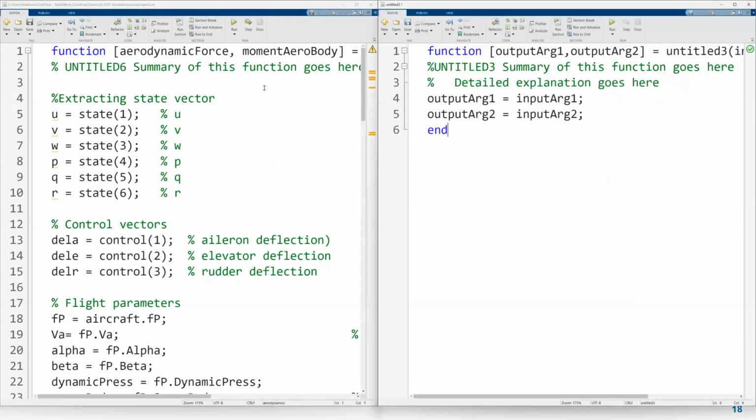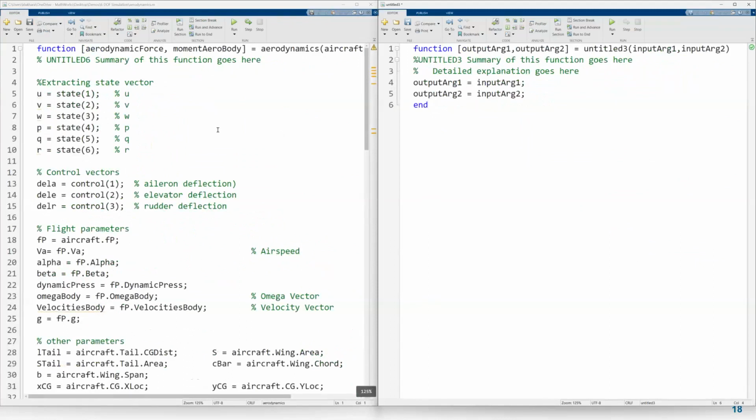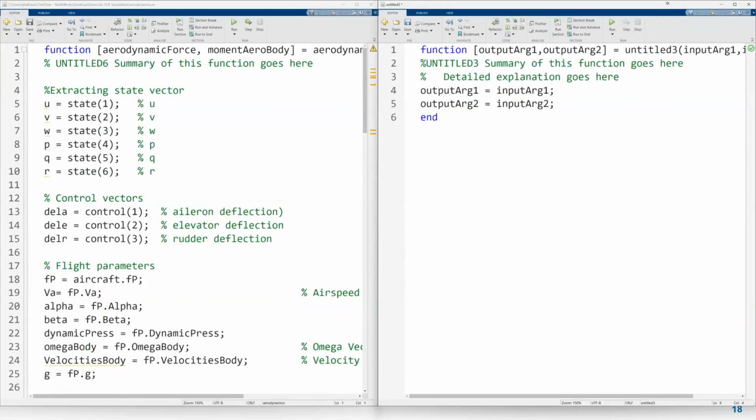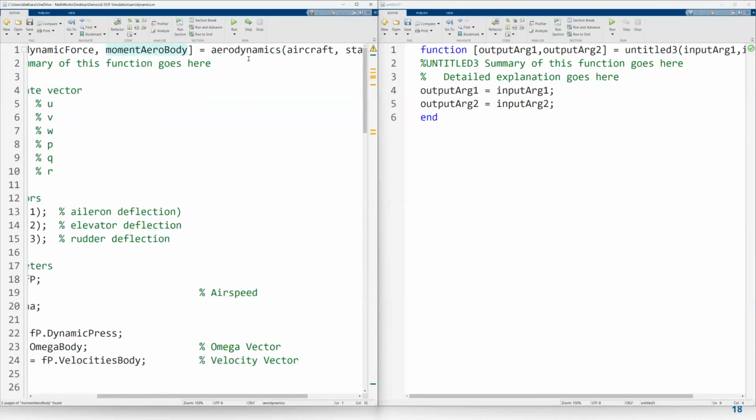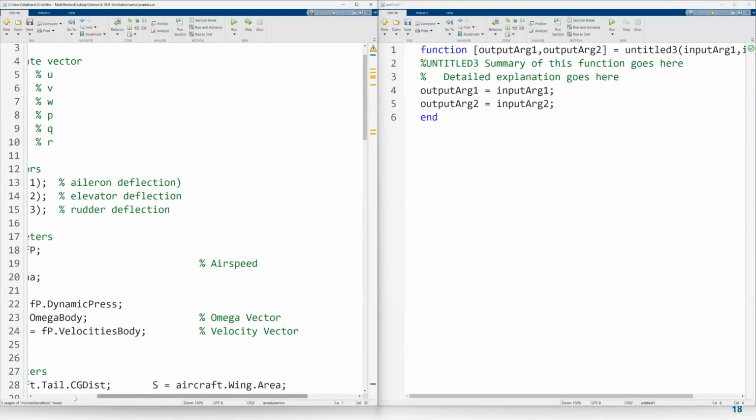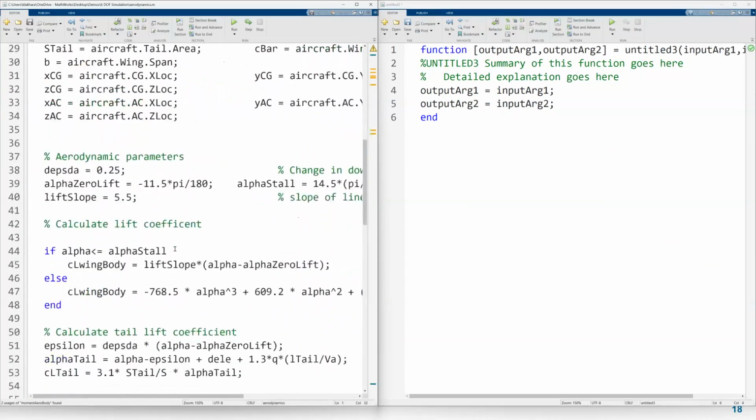So here you see, let me just minimize them. I hope the code is visible. Here the output of the function is defined, so the output arguments are these. In my case, the output arguments are the aerodynamic force and moments of the body, and I have put the name of the function as aerodynamics. You see this file is saved as an aerodynamics file, and I'm putting in some inputs, and then whatever my code is, I have mentioned in detail here. That way we can